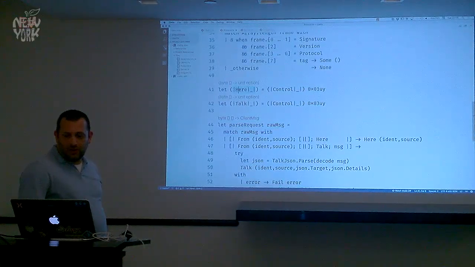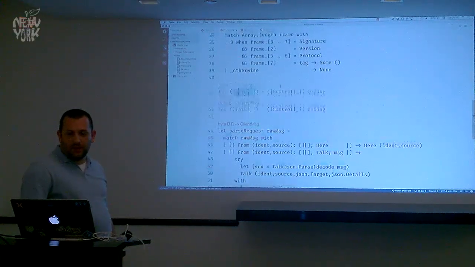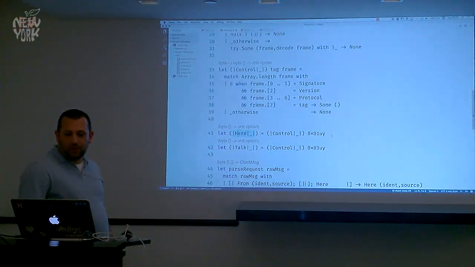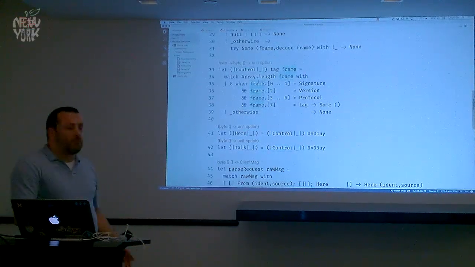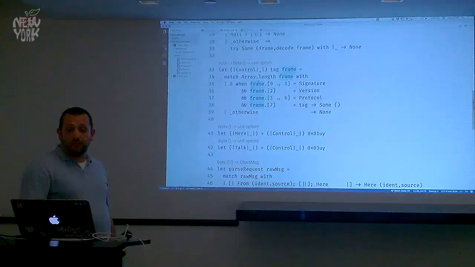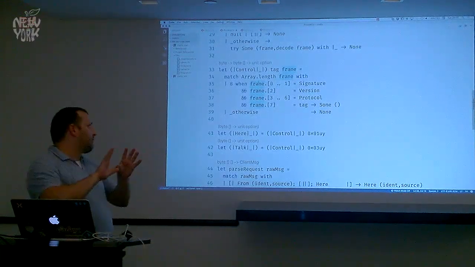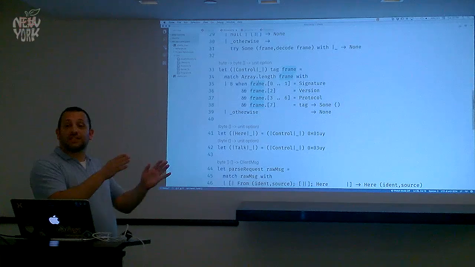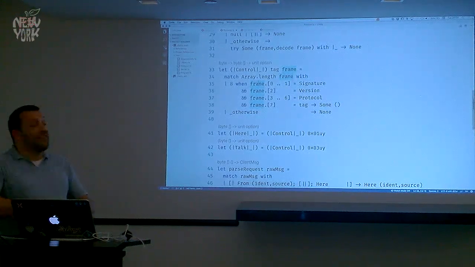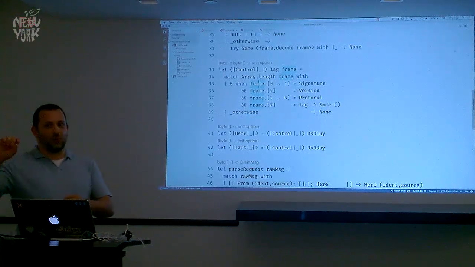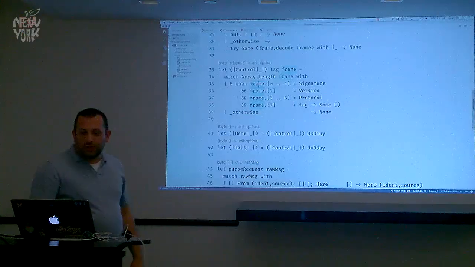The here that we're seeing here, the here active pattern, is actually a specialized partial application of this control active pattern, which does some basic validation on a single frame. Remember, all of our control frames are 8 bytes, where the first 7 bytes are pretty consistent and mean something particular. The 8th byte is the actual request being made. And so we just validate that.